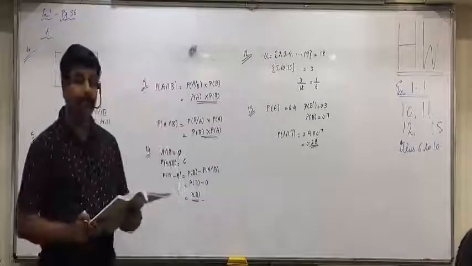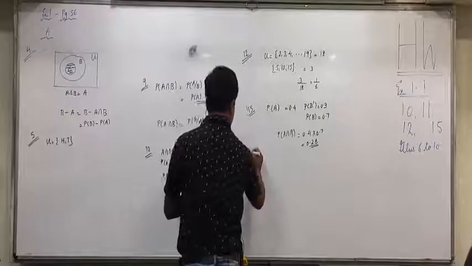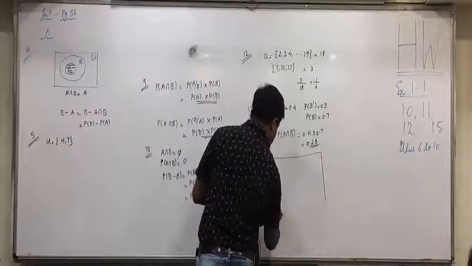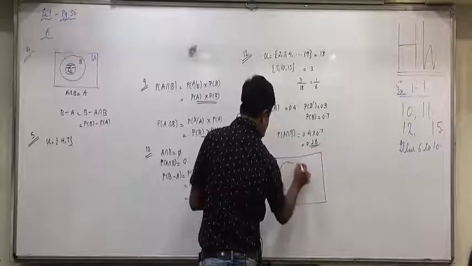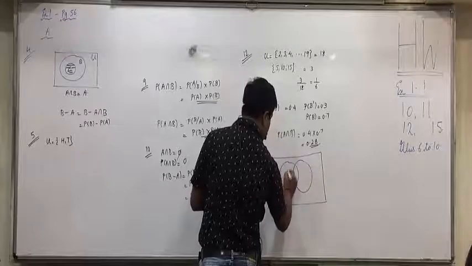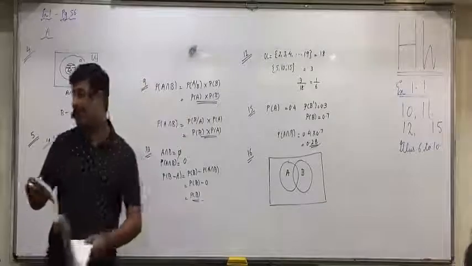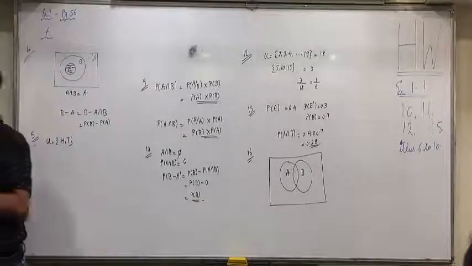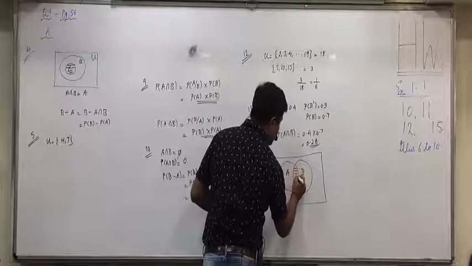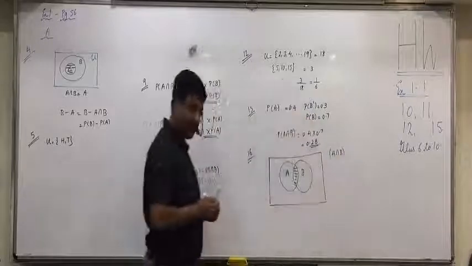Now 16th. For two events A and B of a sample space, state the event. Now this is very tricky, be ready. Two events A and B. What we are asked is event A intersection B. Now listen carefully. This is A intersection B. Are you okay with it?